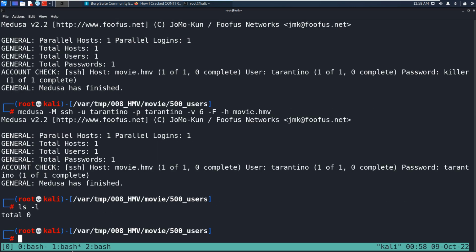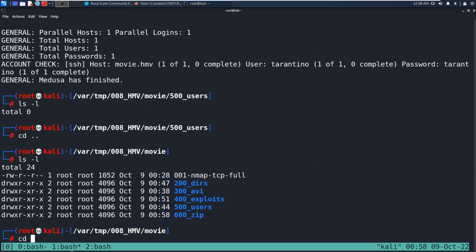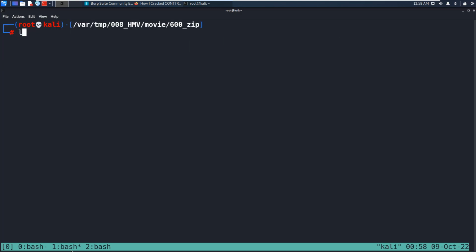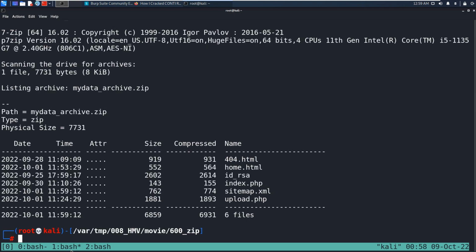If we go to the zip folder and look at the 7-zip my data archive, we know that these are some of the files, and we know that some of these files are public. Maybe we can try